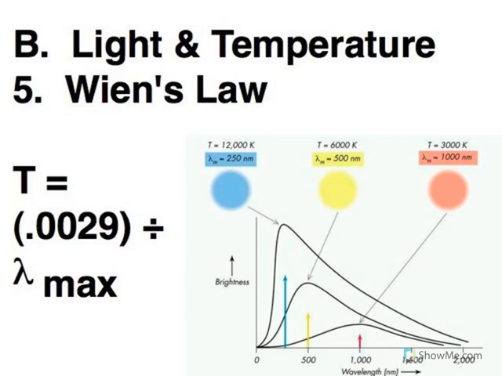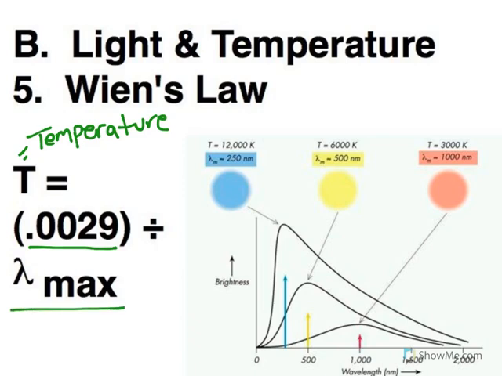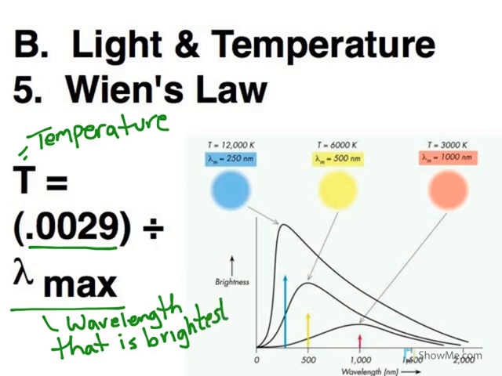And our equation for Wien's law is that T, which is our temperature, is equal to this constant, 0.0029, divided by what we're calling lambda max. And what lambda max refers to is basically the wavelength that is brightest. Because when objects give off light, they give off light at all wavelengths, or pretty much all wavelengths. So here we're looking at what wavelength is that object the brightest, and typically that's going to relate to the